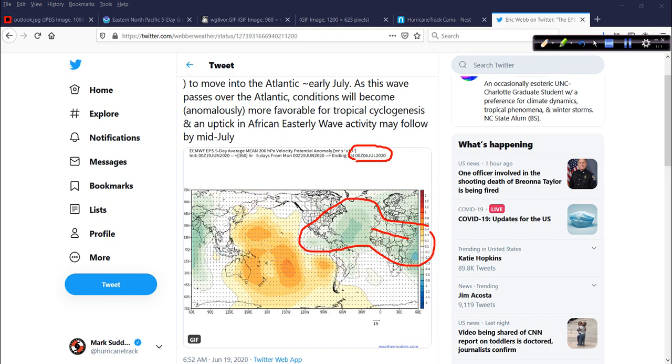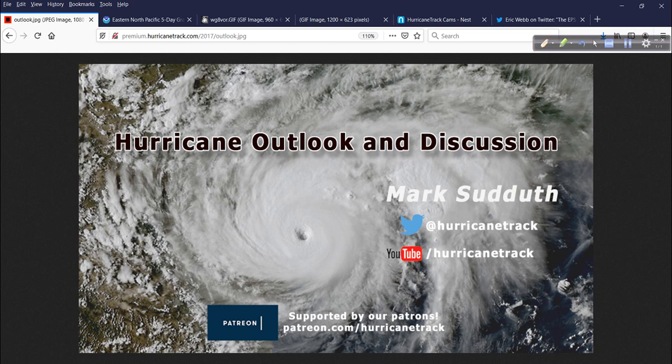That's upward motion, divergence in the atmosphere, and especially centered right here over the tropical Atlantic, with the opposite, sinking over the tropical Pacific. So we'll put a big negative here, a big positive here, and that'll be something to look for going forward. All right, so nothing now, nothing over the next few days, but as we close out